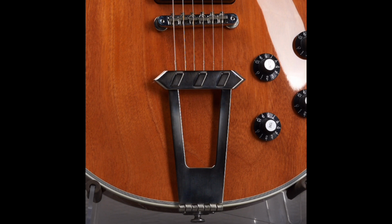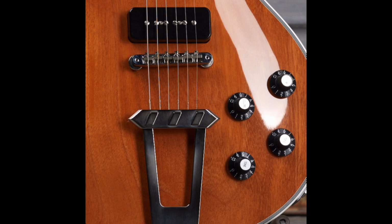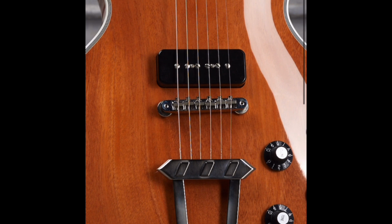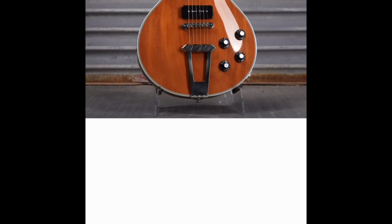I know, sacrilege. Oh my God, string him up. Trapeze tailpiece, a unique trapeze tailpiece. The witch hat knobs. It doesn't look like that would be easily convertible to a stop tailpiece if you wanted to. We do have a P90 in the bridge and a humbucker in the neck. Not a typical setup. Interesting. Not a fan. But then again, I don't like P90s, so